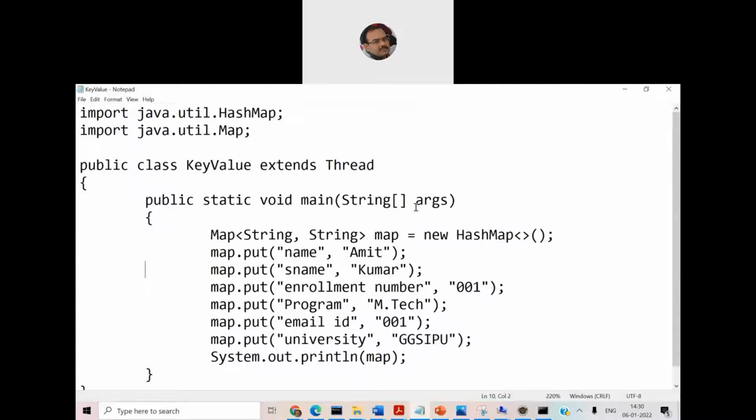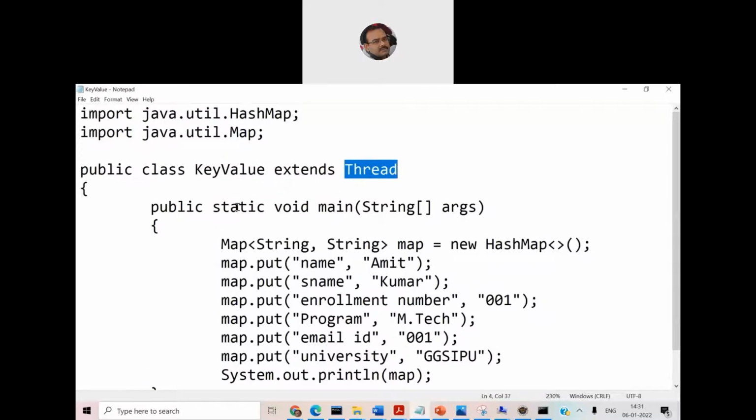Yes, okay, sir, fine. So for creating a key value pair combination, we are using this hash map. It's a predefined class available in the java.util package. So we are using a map and the hash map class. Now public class name extends, and since we are going for a single thread model, it's better to make our class extendable from the thread class. Then we define the name of the function, public static void main string args. That's how the definition of the main function starts in Java.